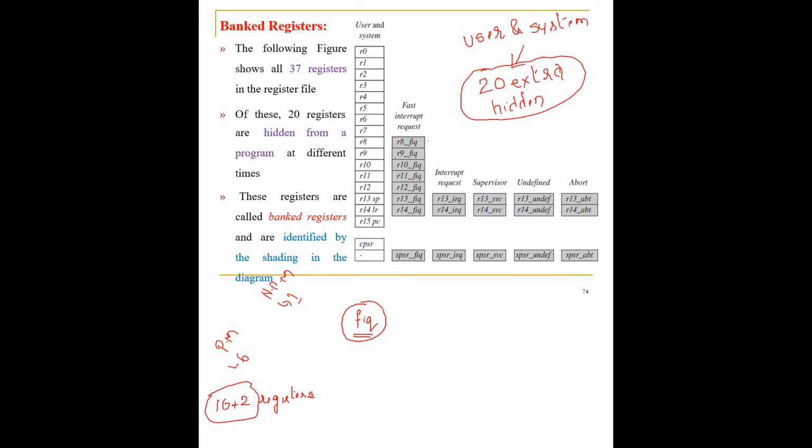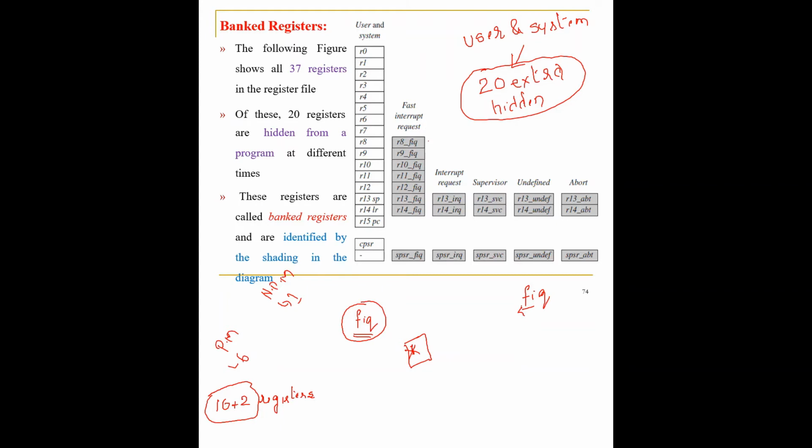For example, let us say the fast interrupt request mode. Let us say that you have a processor and there is a fast interrupt request coming in. As I said, an interrupt request is nothing but a request which is given by the peripheral. So a fast interrupt request is a request which will be coming from the peripheral. As soon as the interrupt request comes to the processor, which was doing a particular work, it has to suspend the work and check what work it has to do based on the interrupt request. So it will suspend the work and start doing the work of this particular interrupt request.